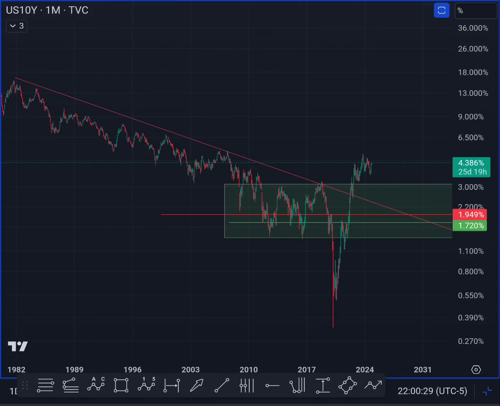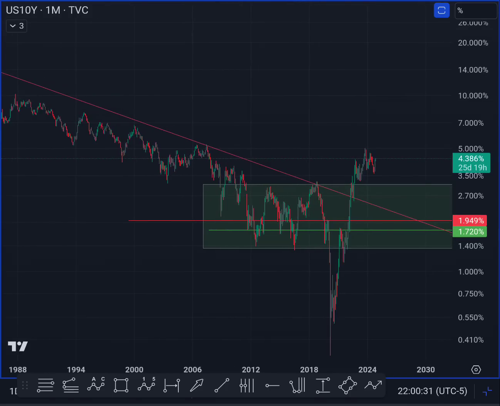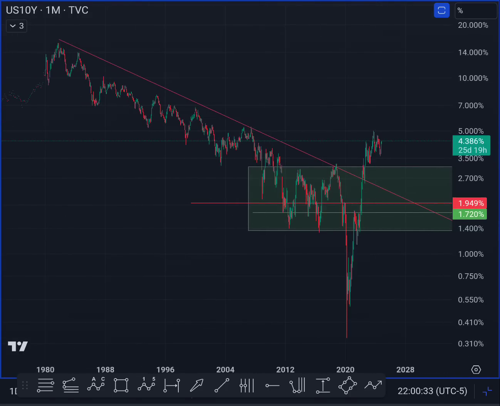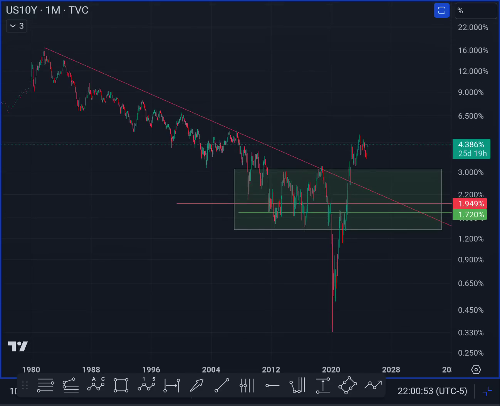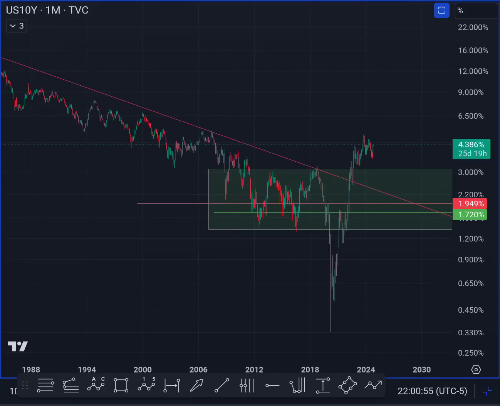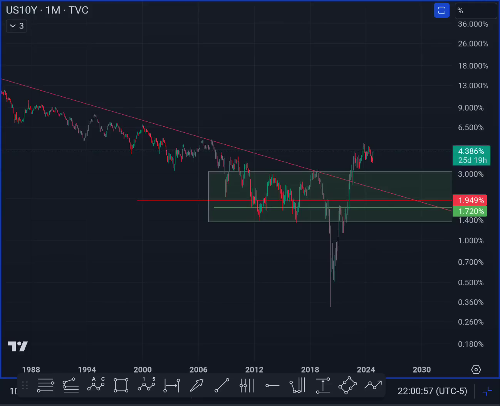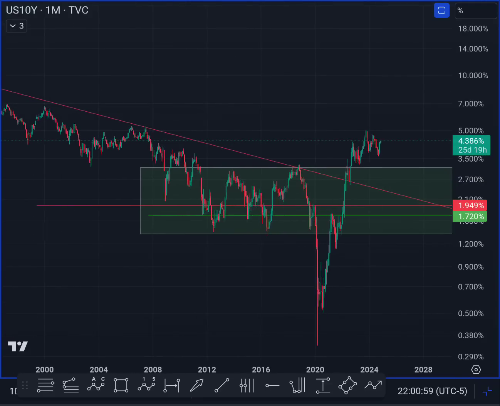So protect yourself, know your invalidations with all of these ideas. These are macro ideas, and you've got to keep your stops tight, like on all of this, even on your ideas. If your ideas are invalidated, you have to switch. If things don't look right on a chart, you've got to get out of the trade. If things aren't looking right in society, you've got to get out of that trade too. So keep your stop loss where it needs to be,